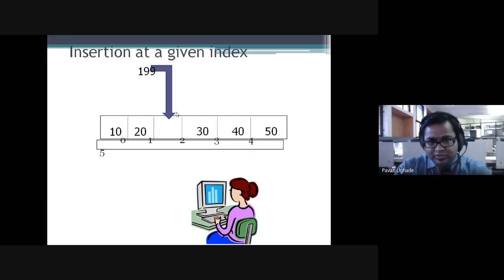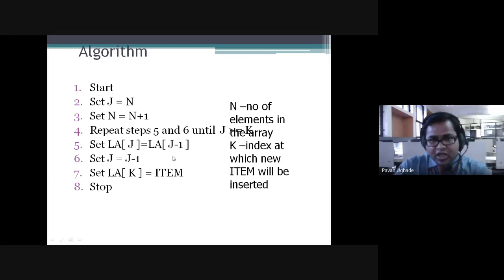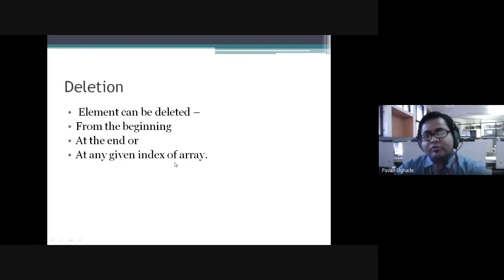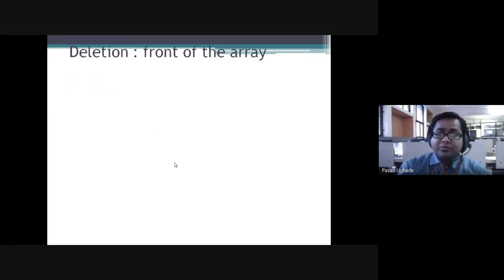Now this 199 will be added. Did we touch the elements prior to 199, prior to a of 2? No, we have not. Still we have successfully inserted the element at a given index. I hope you are understanding what I wanted to convey. This is how insertion is done in the middle.